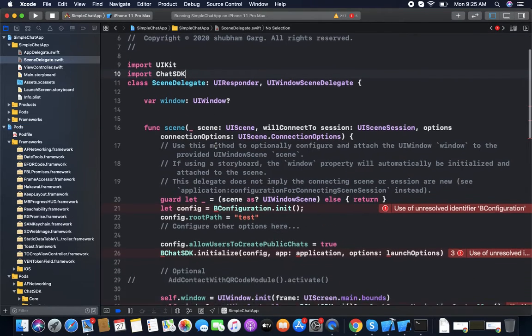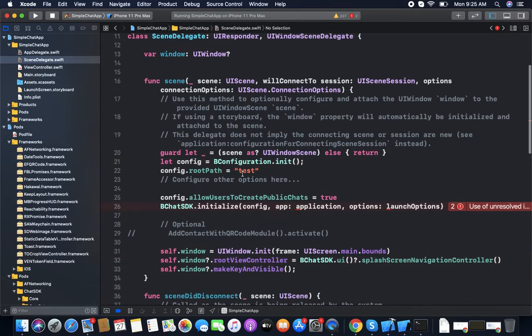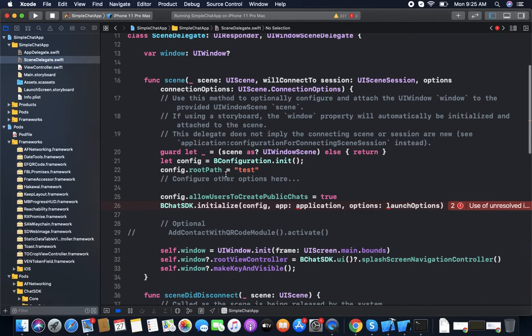So basically, what things are we doing here? Firstly, we create a config object for the chat SDK. Then we set the configuration like the root path, or we can set others too. Then we allow users to create public chats, and then we initialize the SDK.